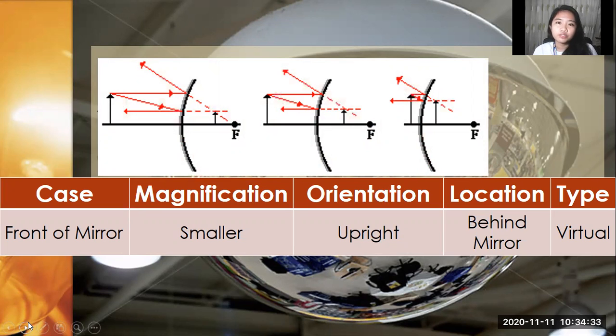Okay? So that's it for our lesson. I'm sorry it took so long because it was really hard to do it on Zoom. I really prefer to do this one using a chalk and a ruler and a protractor and a compass and everything. But this is what we can do right now.